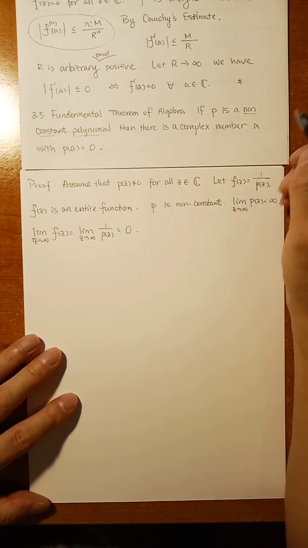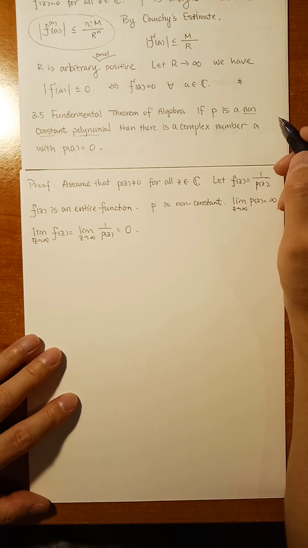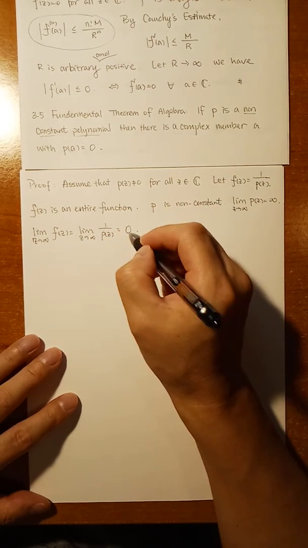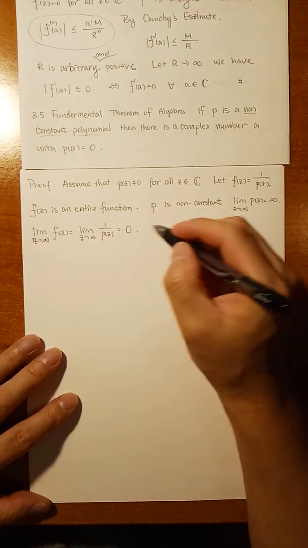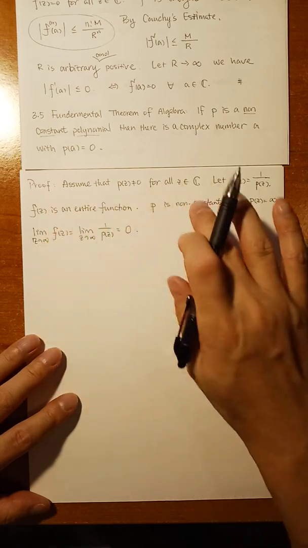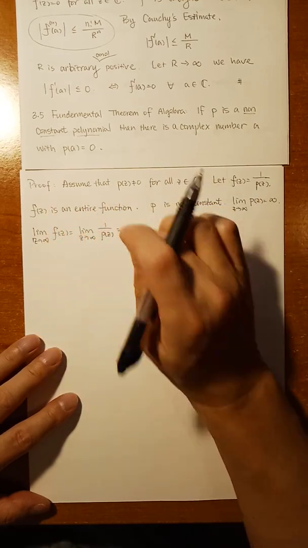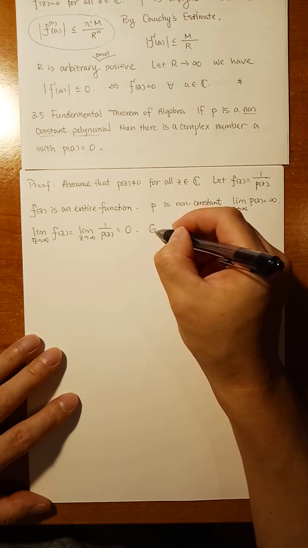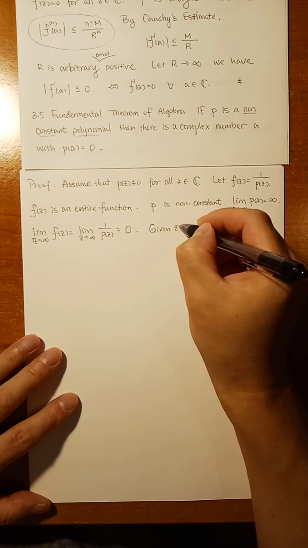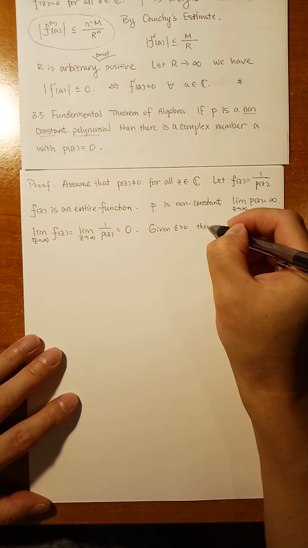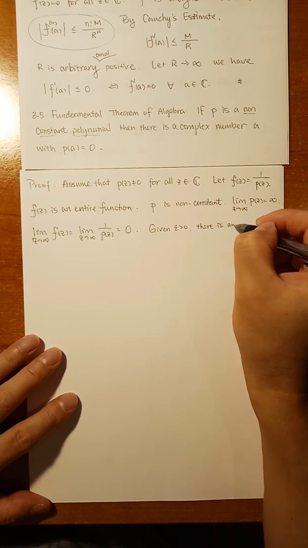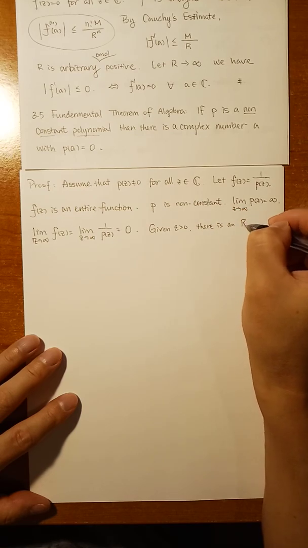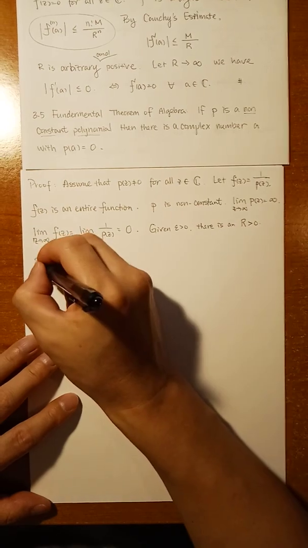The reciprocal is 0. Well, let's see. F at infinity is 0. What does it mean? It means when z is sufficiently large, it will be close to 0. So let's say, given epsilon greater than 0, there is a capital R greater than 0 such that